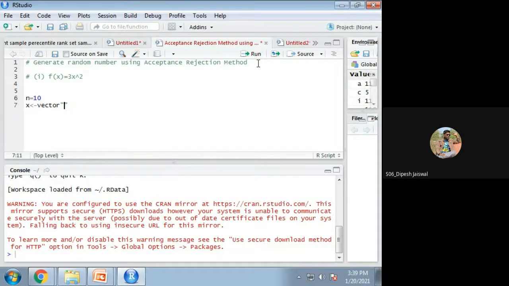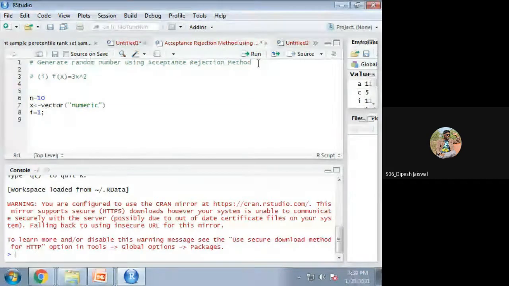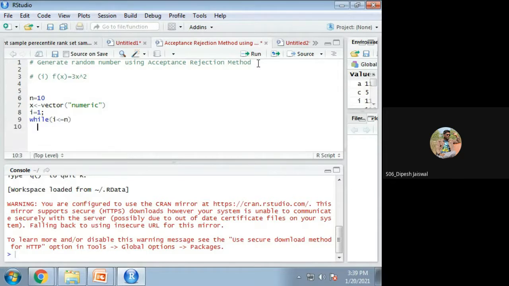So I have to first create the null vector because I wish to store all the elements over there, because I have to store the elements in the array. Whatever the numbers I am going to generate, it should be in the array. So what I do, I will start with the while loop instead of for loop. So while i equal to 1, that is I have initialized how many times you wish to generate random numbers, n times.